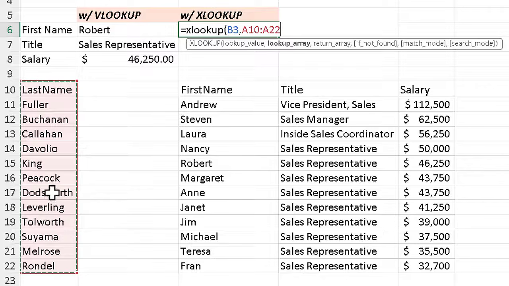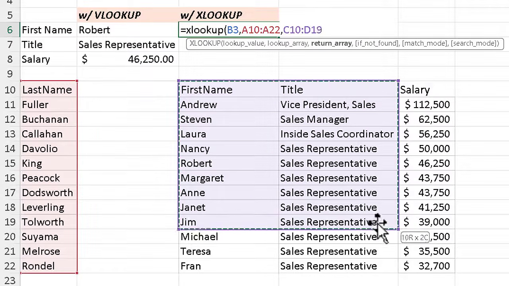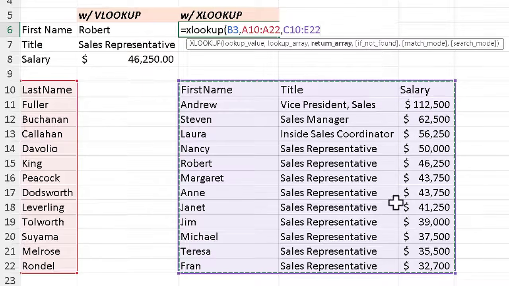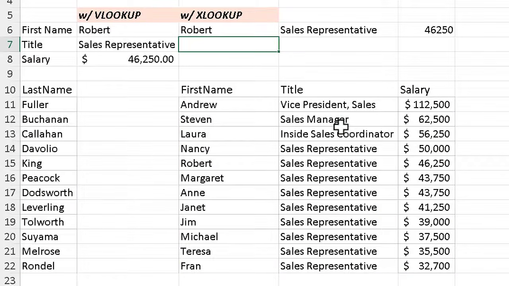But when I type the comma, the return array is where we get all the rest of the information in one go, from C10 down to E22. And now, just close the paren. The other arguments there are optional. The square brackets told us that. So when I finish the formula and I hit enter, all three of the remaining pieces of information pop up